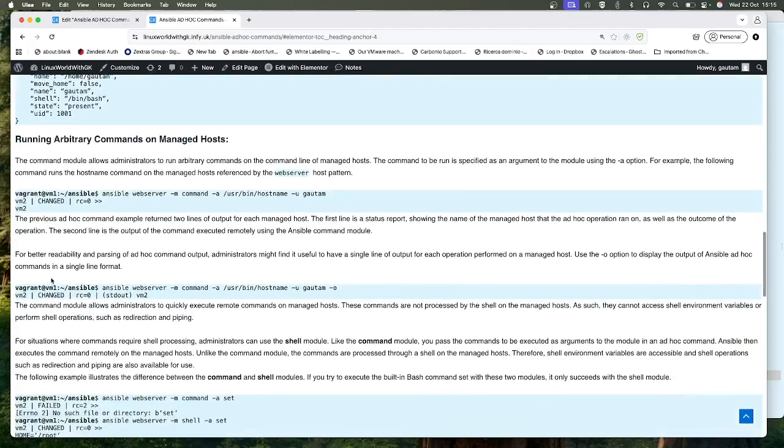Now I will move to the next section of this video, that is running arbitrary commands on the managed host. The command module allows the administrator to run an arbitrary command on the command line of the managed host. The command to be run is specified as an argument to the module using the -a option. Already I have explained this. We can use the -a option to add the additional argument for that particular module. For example, the following command runs the hostname command on the managed host